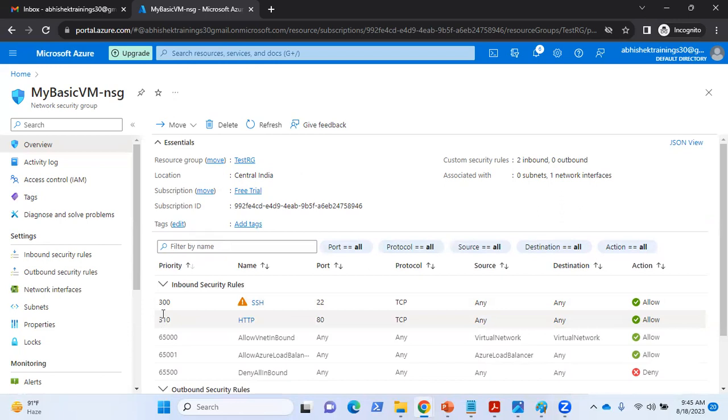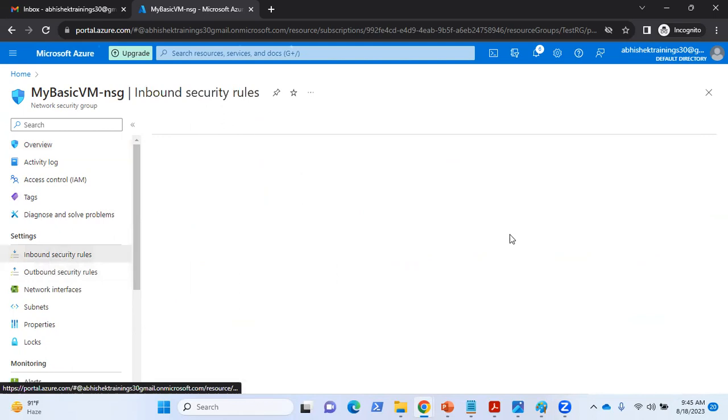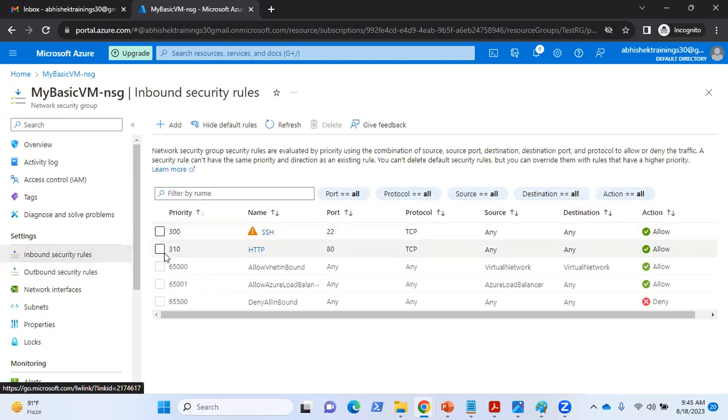Then after that, I'll give the priority to HTTP because I need to access that web server, and that is on port 80. And what is the protocol? TCP/IP protocol. Now here, source and destination. You can choose source and destination, which to allow and which to not. So if you edit these inbound network rules, if I edit anything,